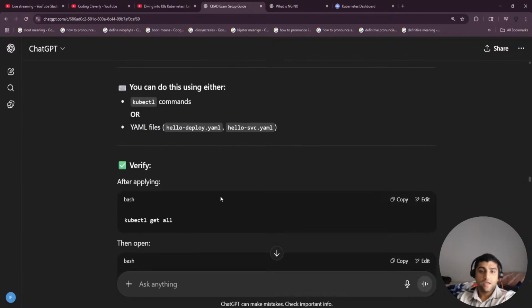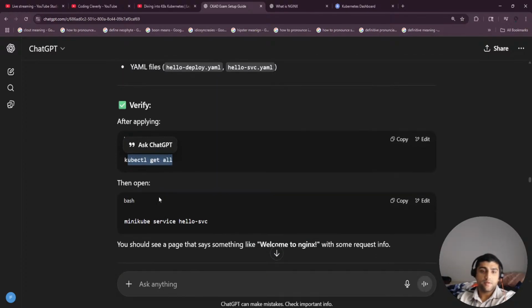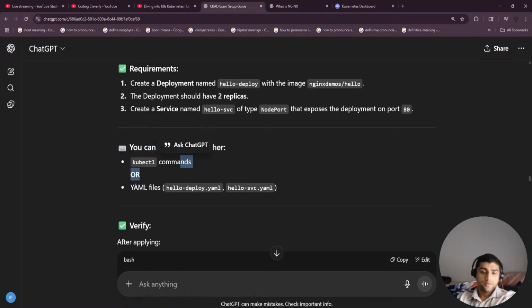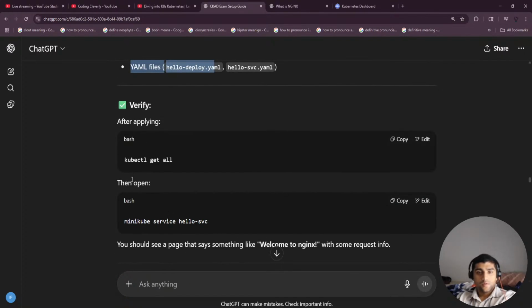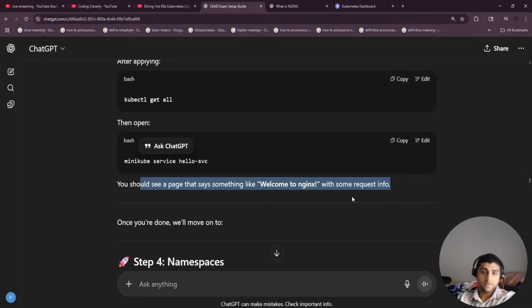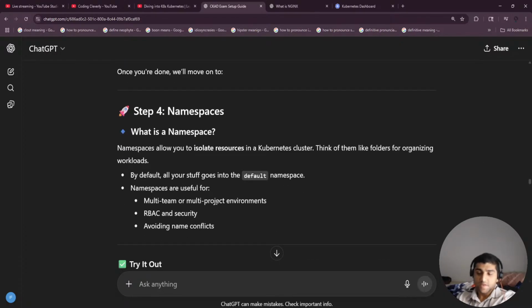All right. So it gave me, like, after applying commands or YAML files, kubectl get all. You can verify using kubectl get all and then open minikube service hello-service. Namespaces are